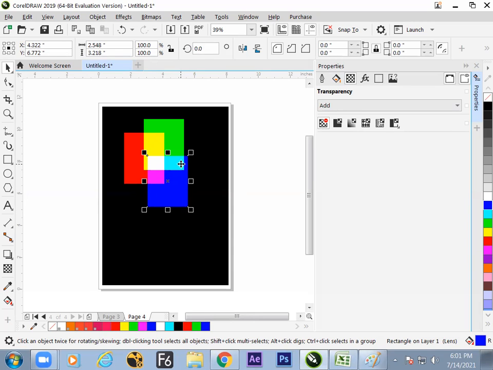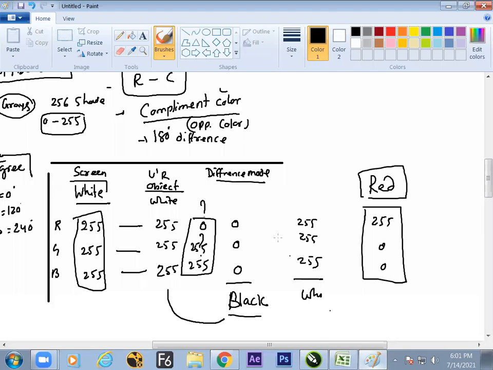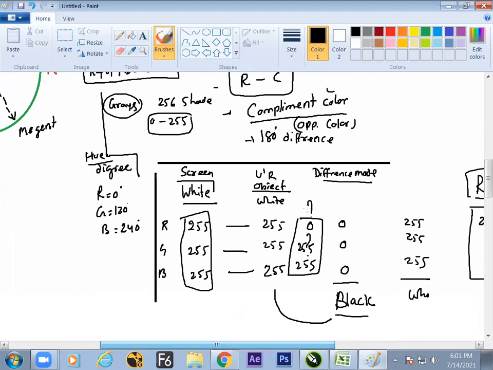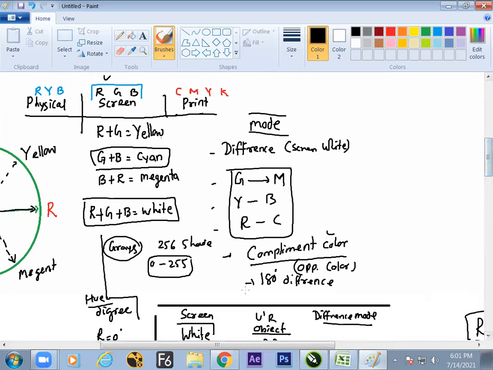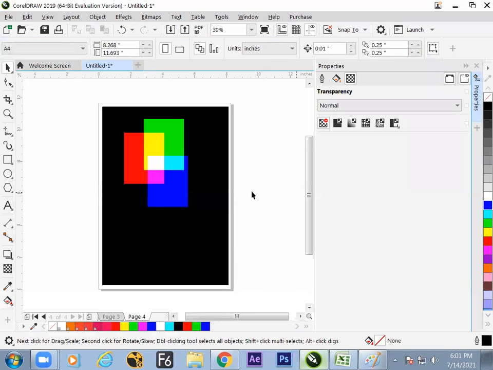Green plus blue is equal to cyan. Green plus red is equal to yellow. Is it okay? Theory, practical. Both happen on your screen. It depends how you are digesting this. Yes, the complete math is on screen, but you can see the practical here. That theory, this practical. So this is an example of your add modes.